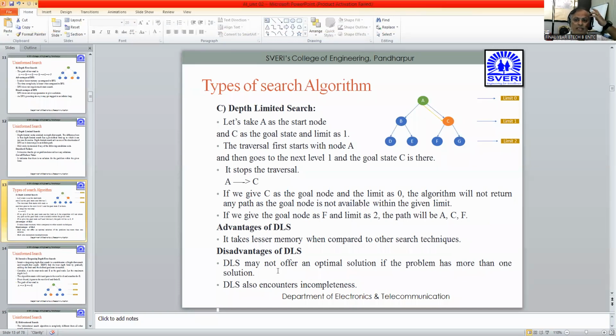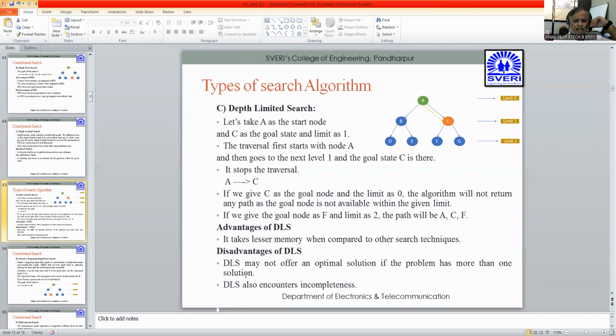But as we know that there are always advantages as well as disadvantages, so this depth limited search also has some disadvantages. So what is that limitation? DLS may not offer an optimal solution if the problem has more than one solution. So एक से ज्यादा अगर solution होगा तो वो optimal solution नहीं देगा।